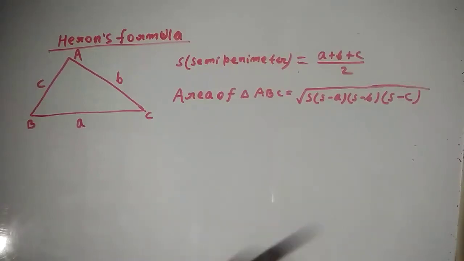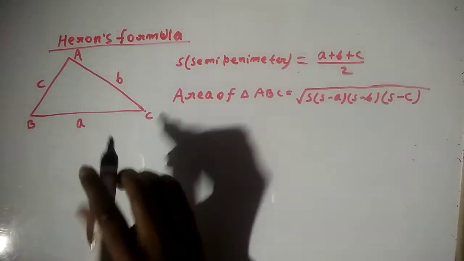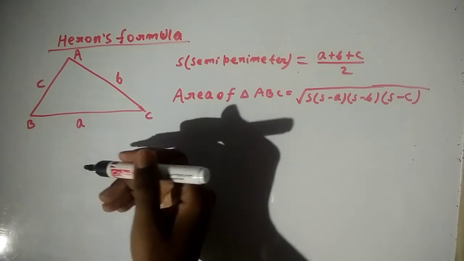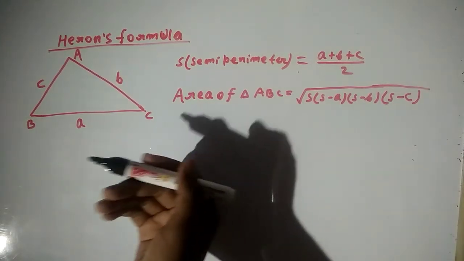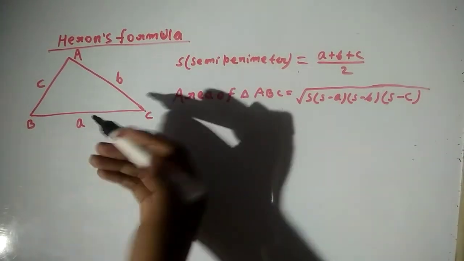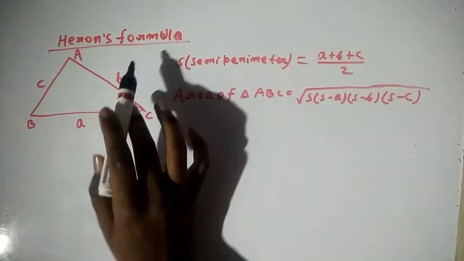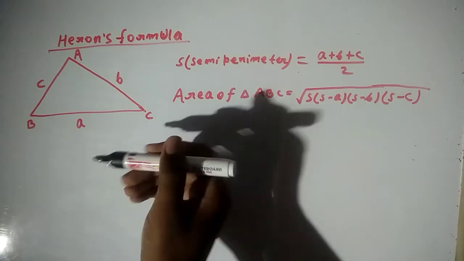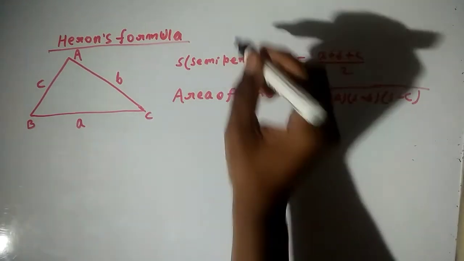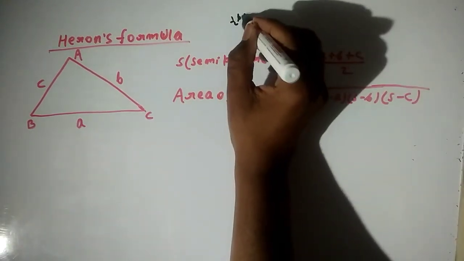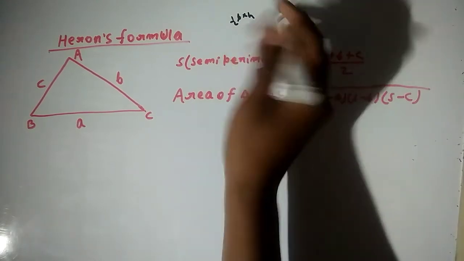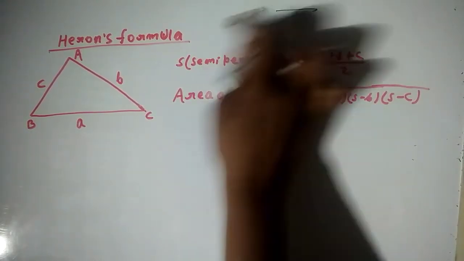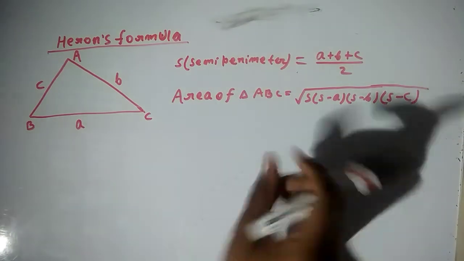So, hello everyone. In this video, we are going to see the derivation of Heron's formula. Heron's formula is used to find the area of a triangle, and the area of a triangle is half times base times height. But this is not Heron's formula. Heron's formula is